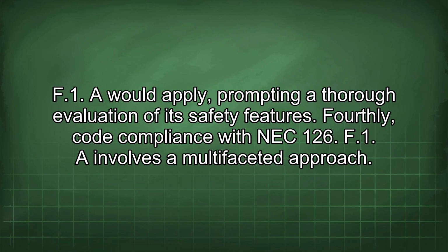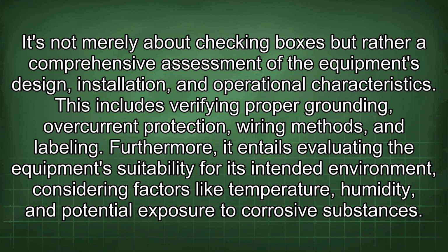Fourthly, code compliance with NEC 126.F.1.A involves a multifaceted approach. It's not merely about checking boxes, but rather a comprehensive assessment of the equipment's design, installation, and operational characteristics. This includes verifying proper grounding, overcurrent protection, wiring methods, and labeling. Furthermore, it entails evaluating the equipment's suitability for its intended environment, considering factors like temperature, humidity, and potential exposure to